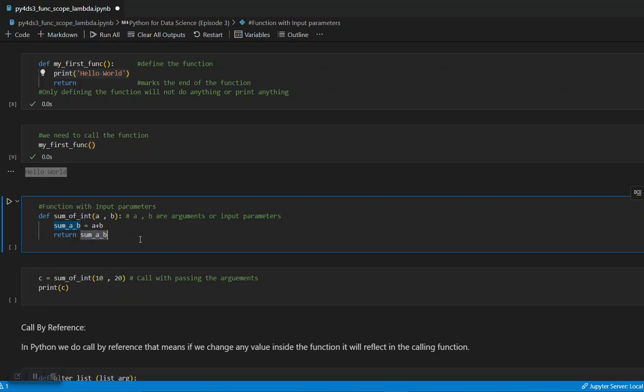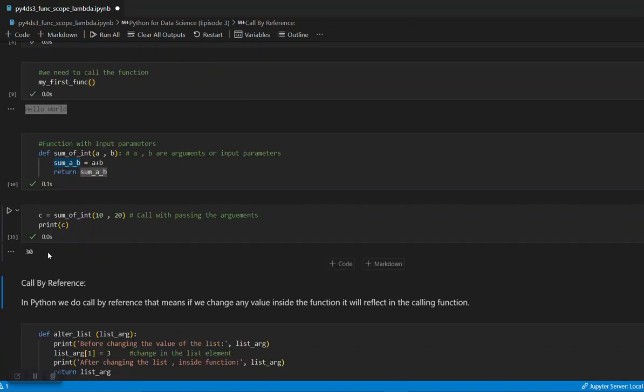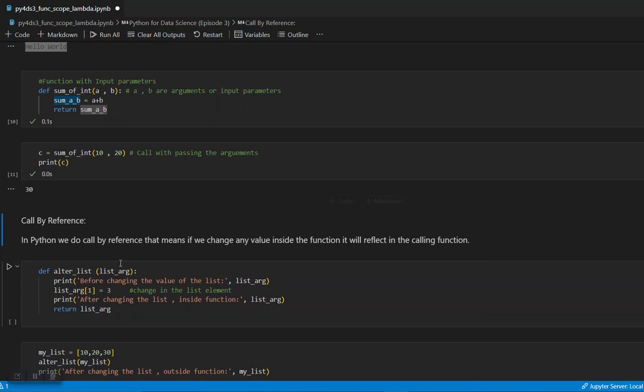So this function is taking two arguments, doing the sum and returning the value, right? Once I run it, I am calling this function with these two arguments, 10 and 20. So I am asking my Python function to do the sum of 10 and 20 and then give me the result, right? The result is getting returned from this function, which is 30.